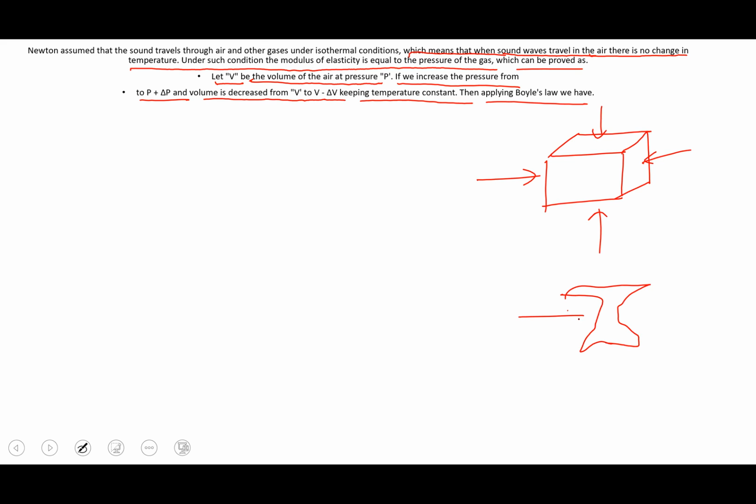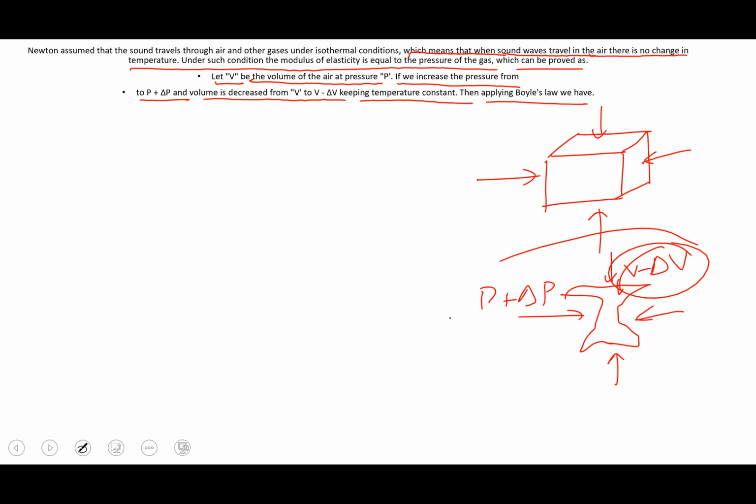Now in this case, let's explain this whole concept very simply. If we have a cube over here with a volume, and we apply pressure on all the sides of this cube, will the volume increase if we increase the pressure? No, the volume will decrease. So as we increase the pressure, we can see that the volume, delta V, has decreased.